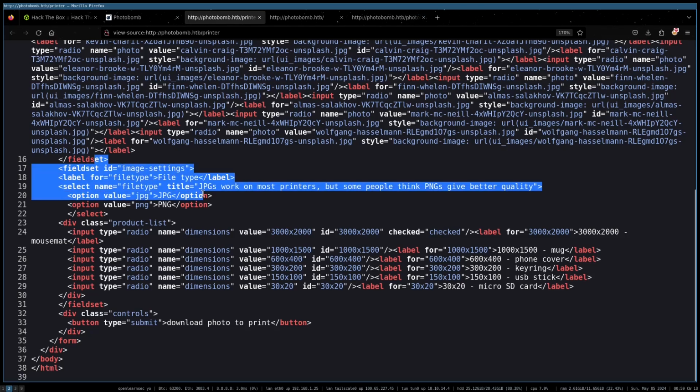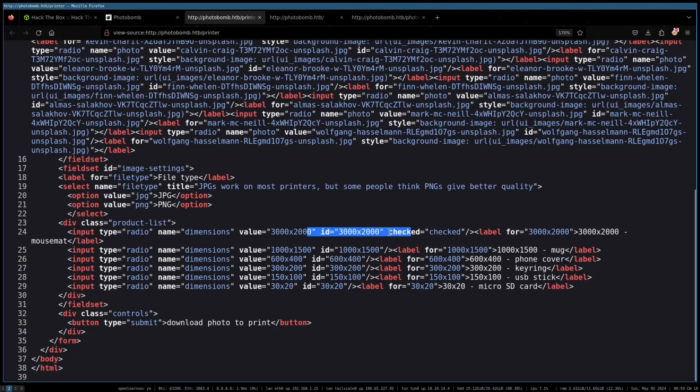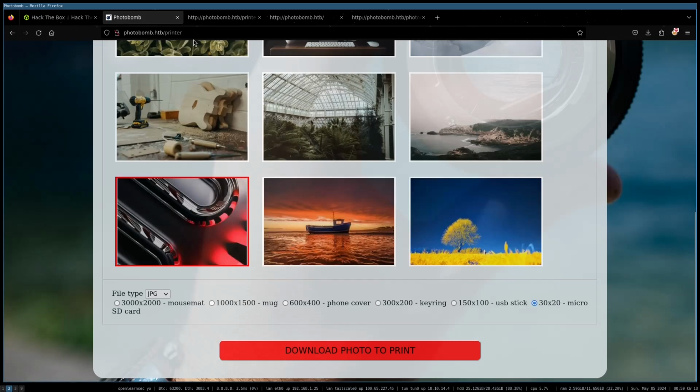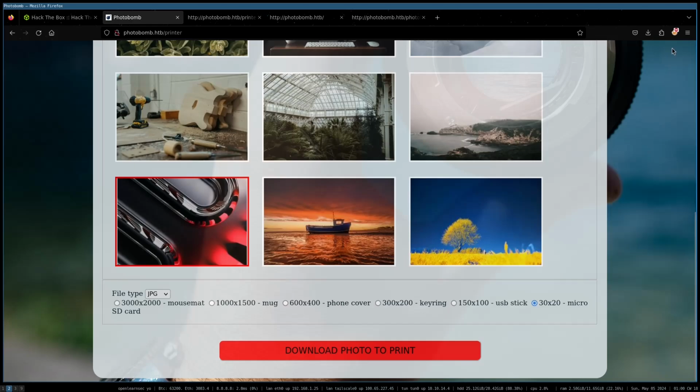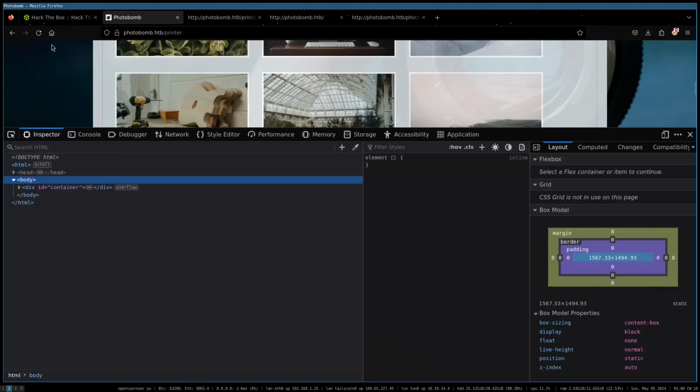And then we have product lists, dimensions. So this is where we pick which one we want. By default, the 3000 by 2000 is selected. And then we have a submit button. So it's posting to whatever the index document is here. Here we've only got what I assume is a directory path. I wonder what is the script that's running, or the server-side language that's running behind this, because